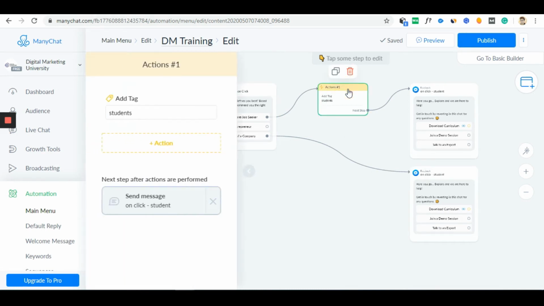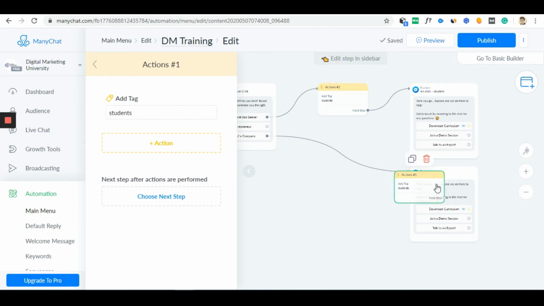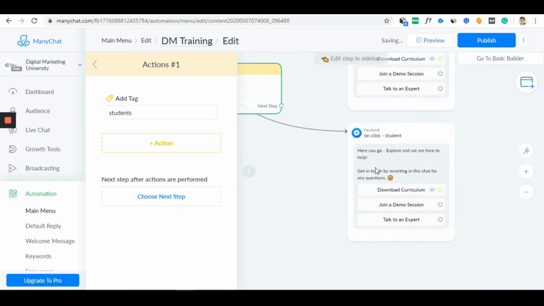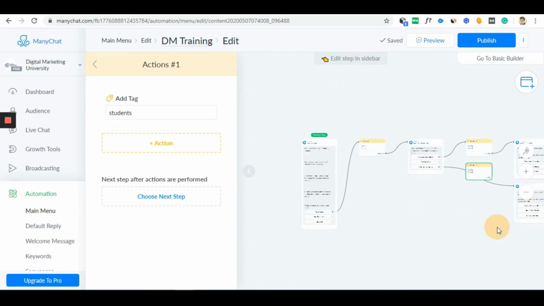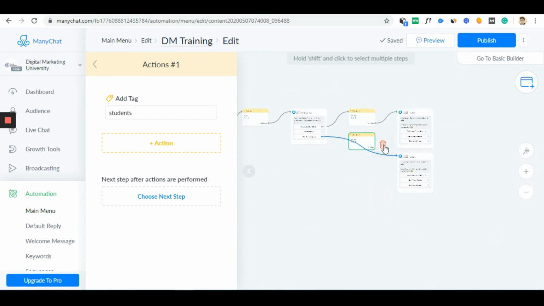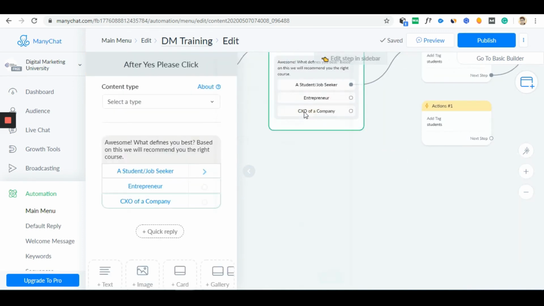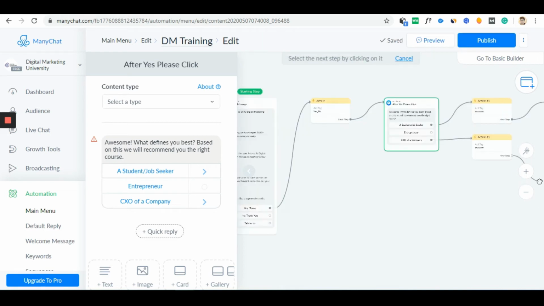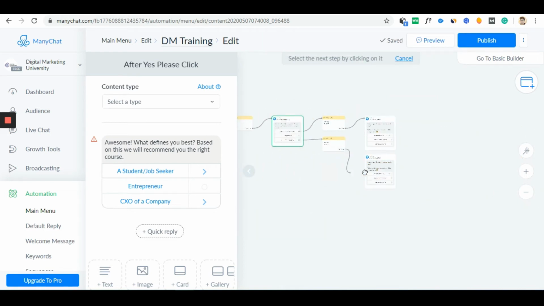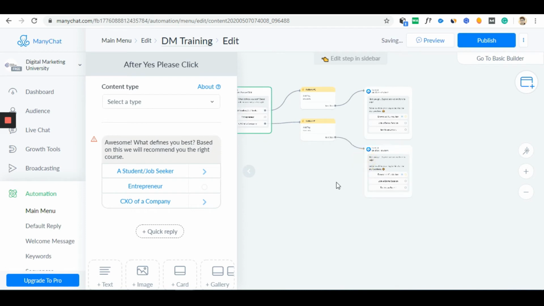So I'll click on this tag, duplicate it, and you will have a duplicate of this tag. Place it over here so that it's easy to understand. And this connection over here has to be deleted. So I'll click on this connection and delete it. Now let me connect it to the tag. I want the CXOs to be tagged as CXO. So I'll click on this button, connect it to the tag. Again from this tag, I'll connect it to this particular section.